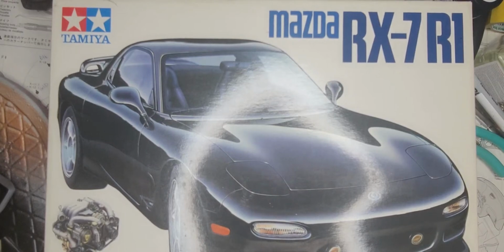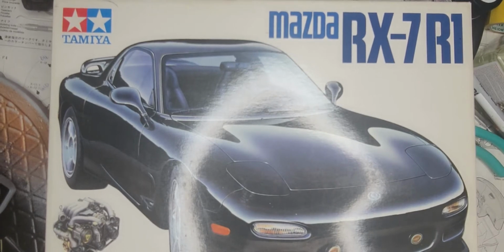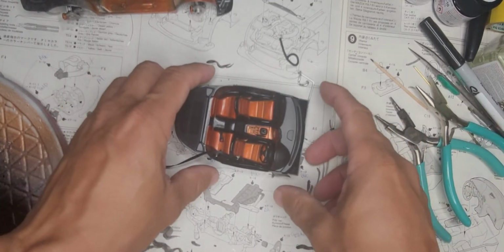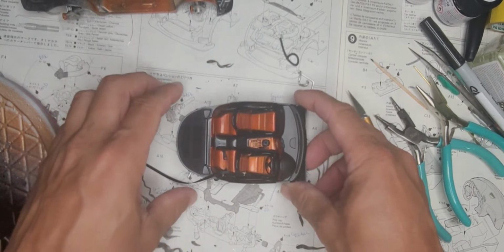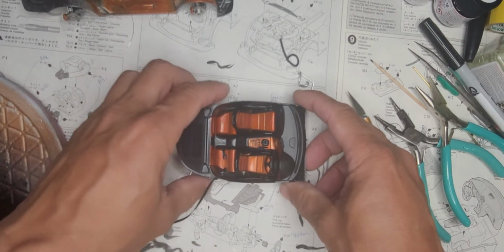Hey guys, I'm back with the Mazda RX-7 R1 from Tamiya in 1/24 scale. Let me show you where I'm at this point and a couple of things we're going to get done while we're here. As you remember in the last video, I was trying to add some detail to the door panels, which pretty much had none. Well, I got that done, and while I'm not 100% happy with it,